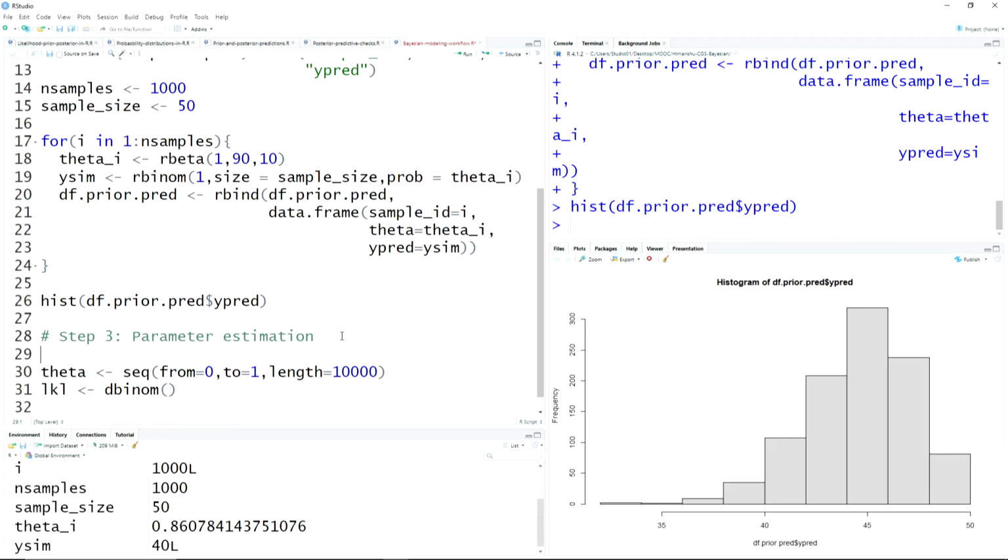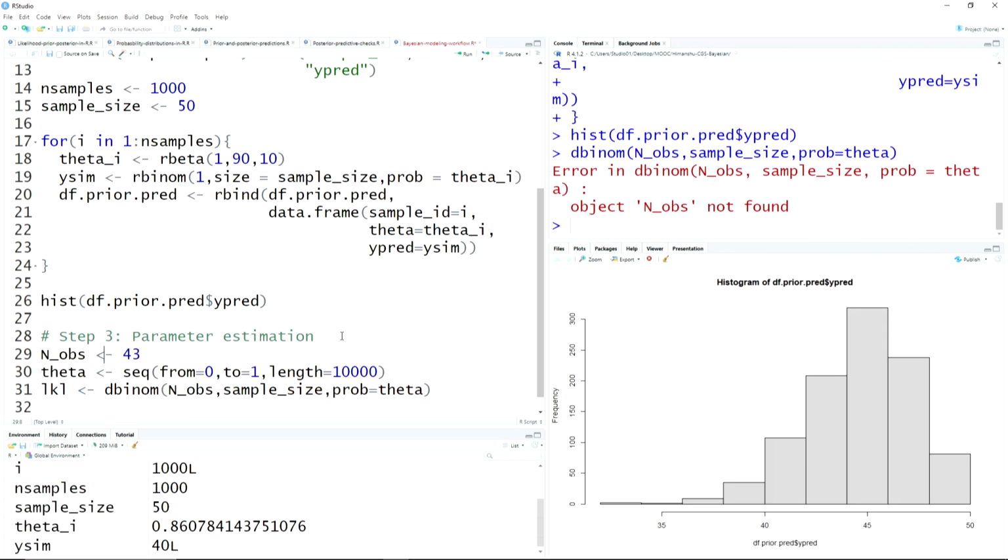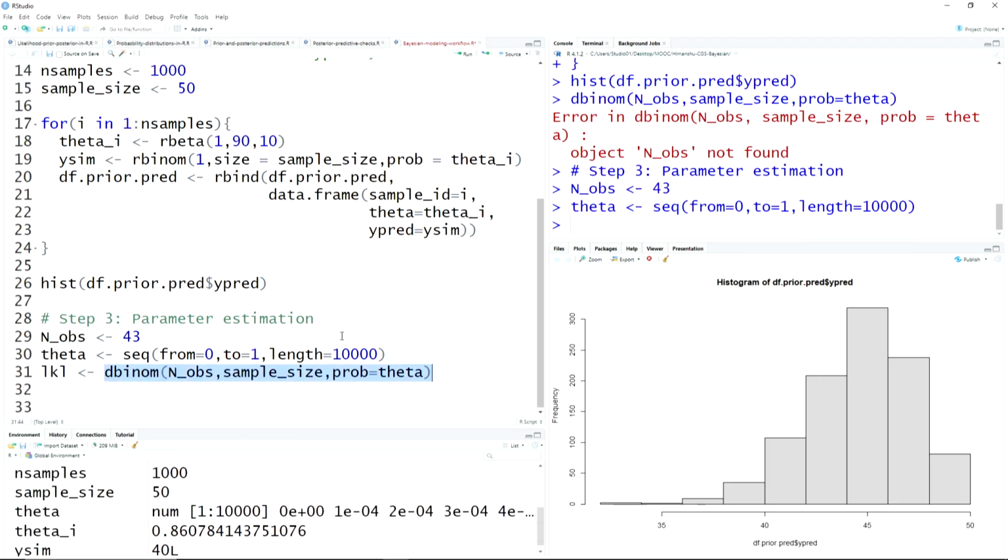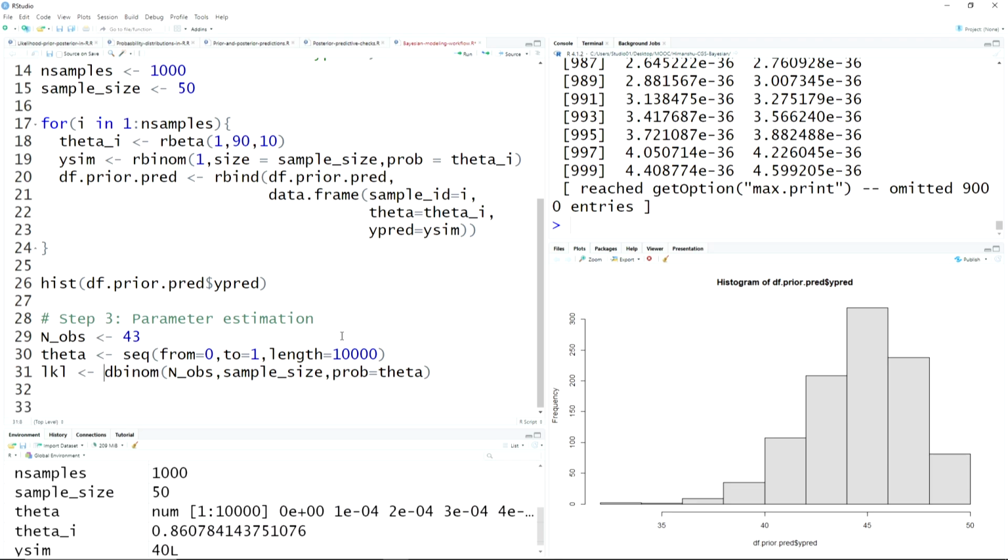So let me write the data here. So n obs is 43, and you need to use n obs here. So n obs is the sample size, and the underlying probability is theta, right. So this would give you 10,000 likelihoods corresponding to each value of theta, and then you can calculate prior density